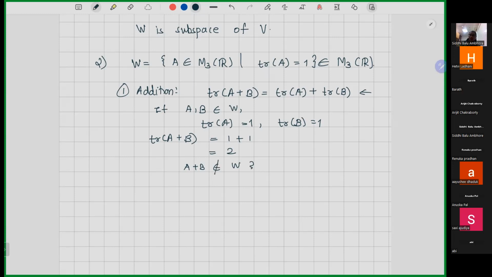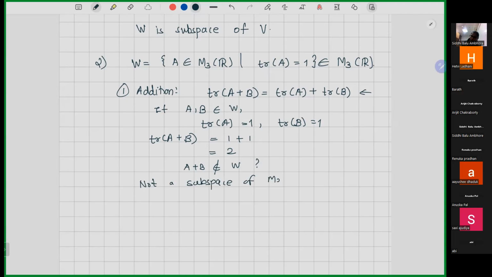W is all the matrices with the trace to be 1. We want trace to be 1. So if we wanted A plus B to be in W, then it must have a trace of 1. But we got that trace of A plus B is now 2. So this W is not a subspace